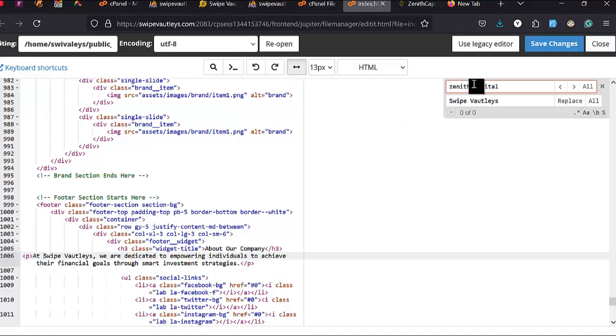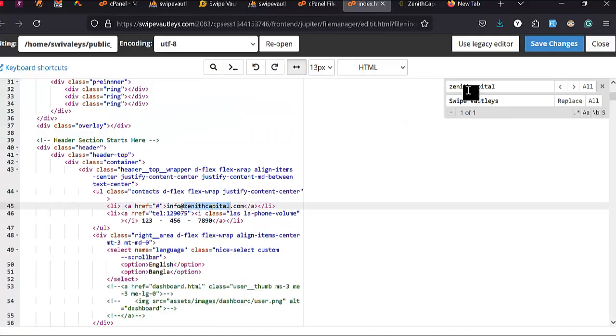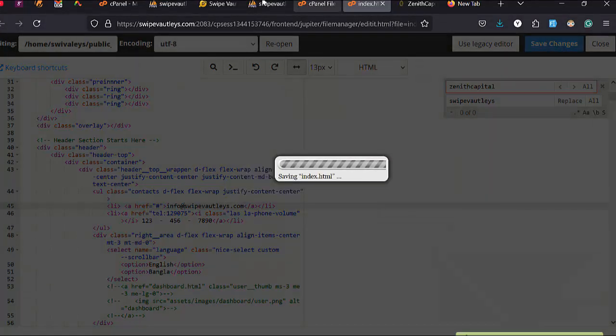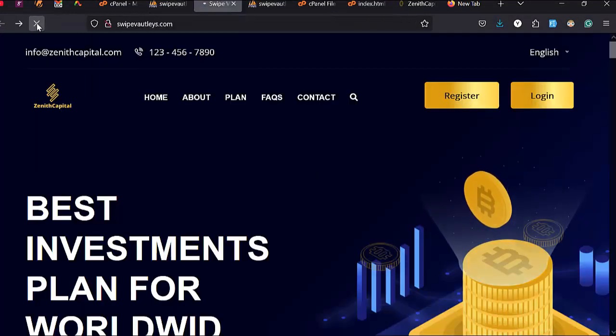info@zenithcapital.com, right? So we're going to come here. You see Zenith Capital together like an actual domain name, and you're going to see that it appears just once at the top right here. So I'm going to replace it with my domain name. This is it right here. I'm going to click on replace, and that is all. Click on save changes. When I come back here and I refresh,